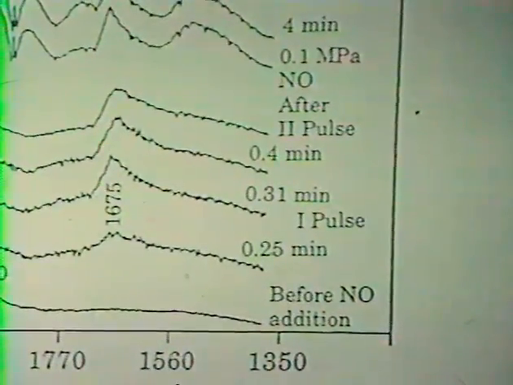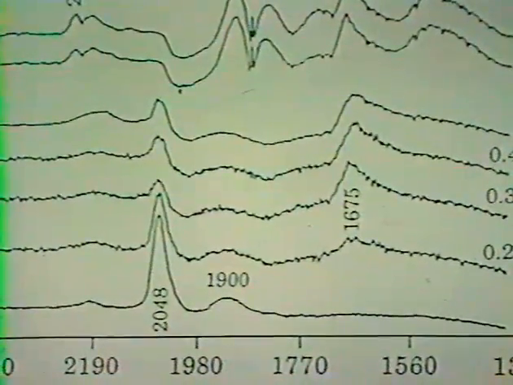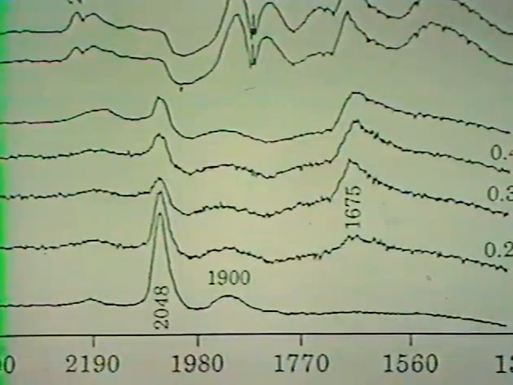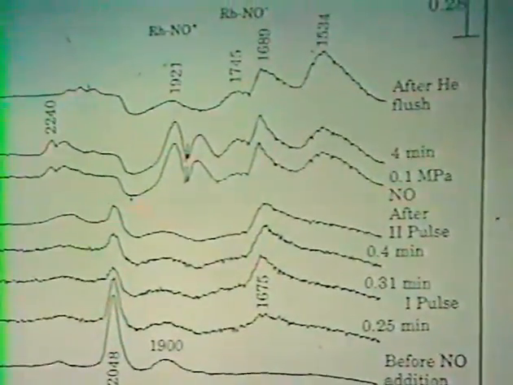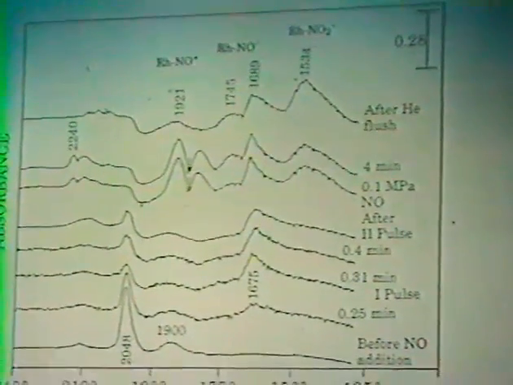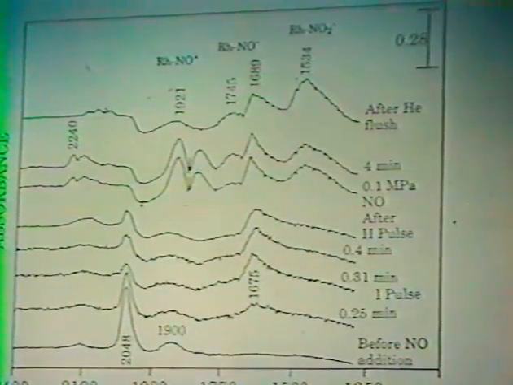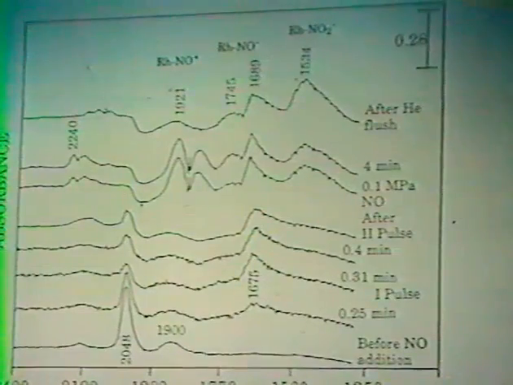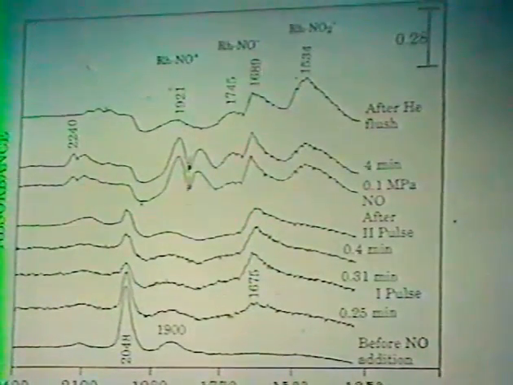As we continue to pass NO through, we can see the linear CO drop and these NO plus bands start to form. And then we put a lot of NO in. This large amount of NO essentially displaces all the linear and bridge CO from the surface. The mass spectroscopy analysis of gas phase product found there is no CO2 formed during this process. So most of the linear CO was in fact just desorbed, and then NO adsorbed on the surface as NO plus and NO minus.